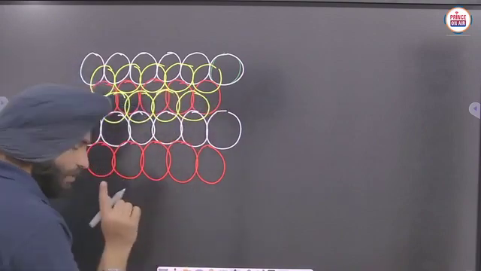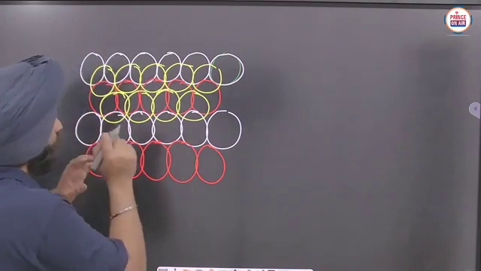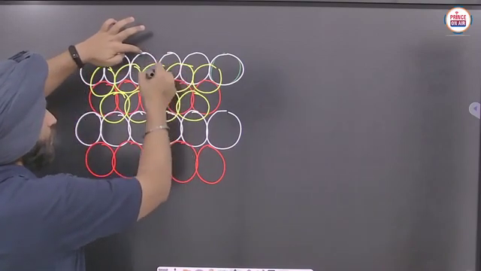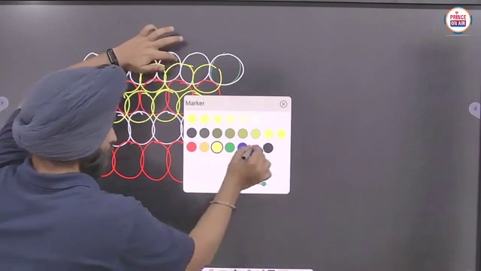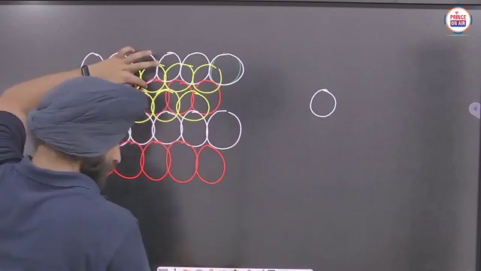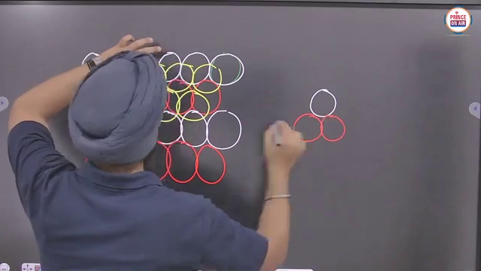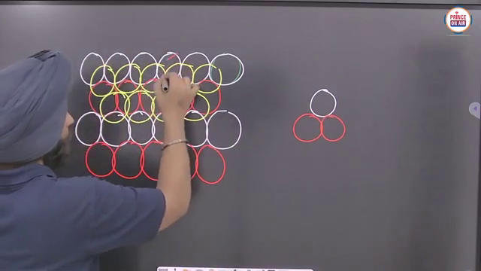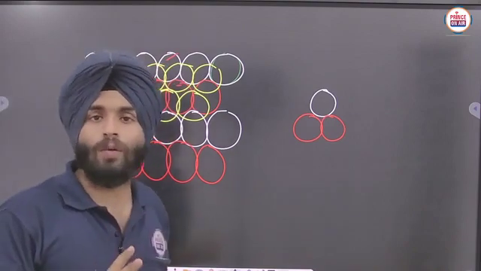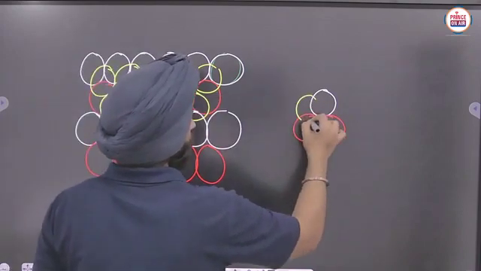So see carefully the layer which I am going to choose. See this one, this white and two red layer. This white and these two red. And just over it there are three yellow balls, or yellow spheres you can say, which are in this way.